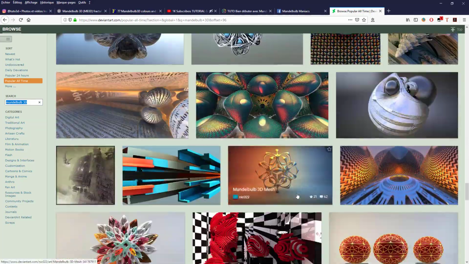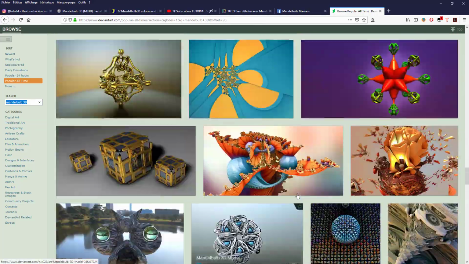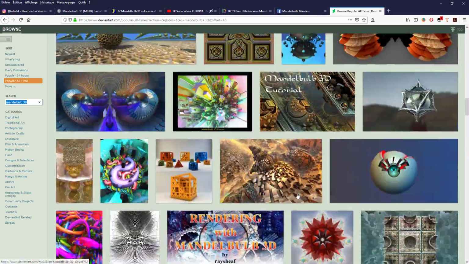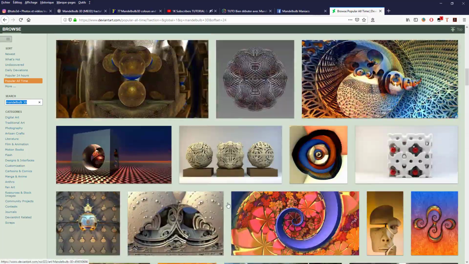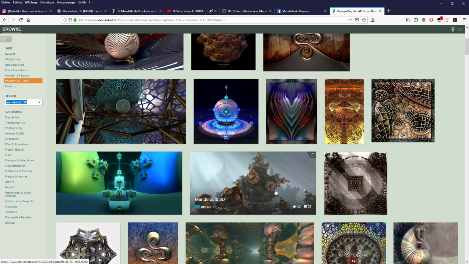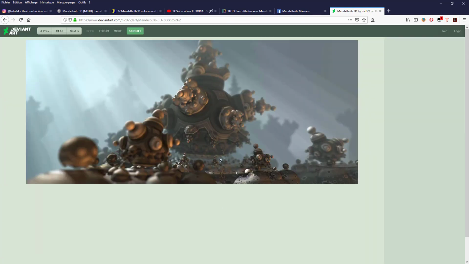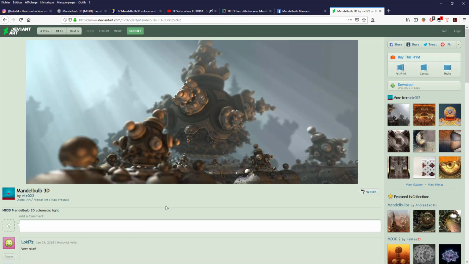So voilà. And if you like a render, I don't know, maybe this one, click on it, and often people share parameters.